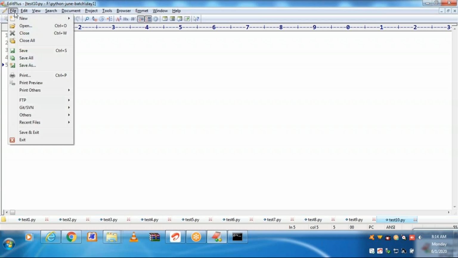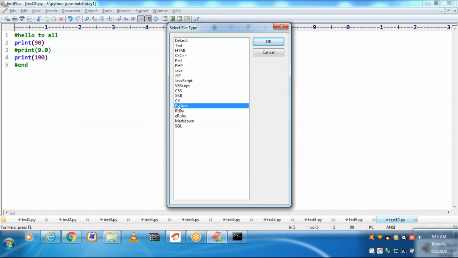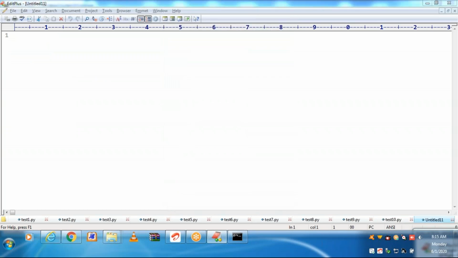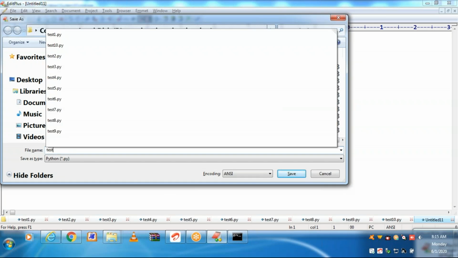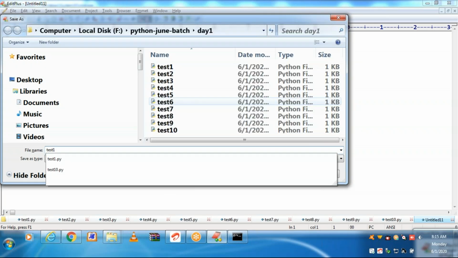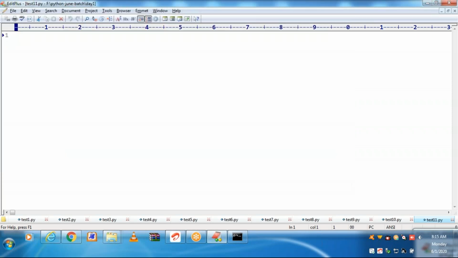How to do a multi-line comment? Multiple lines I have to comment. Go to the next program. Triple single quotes.